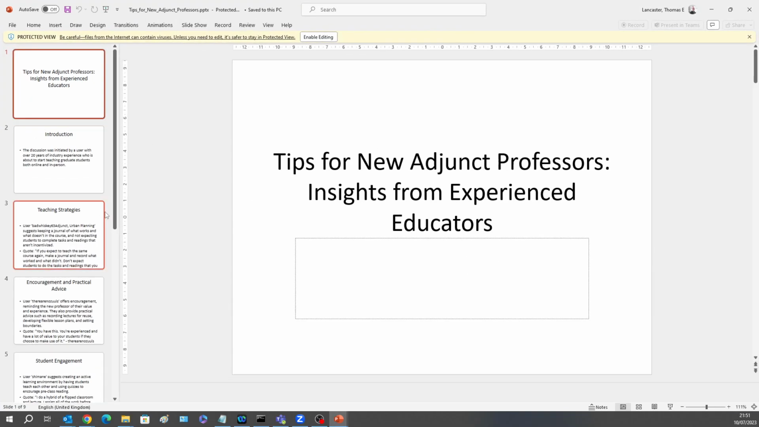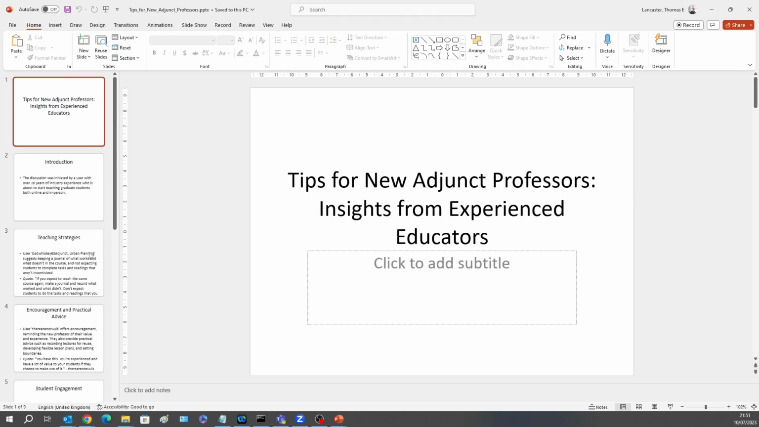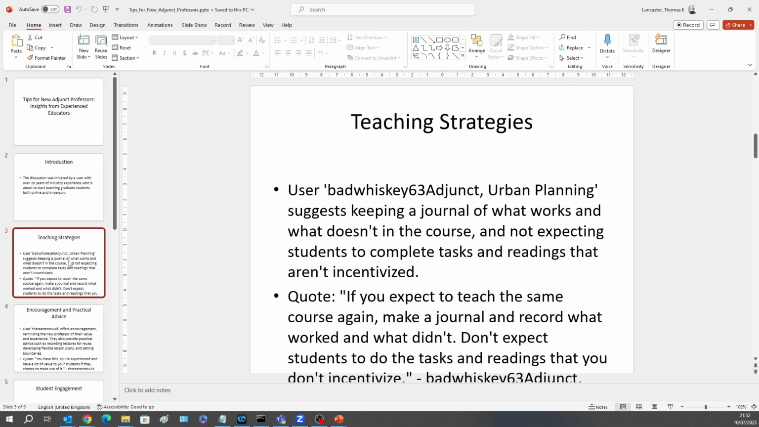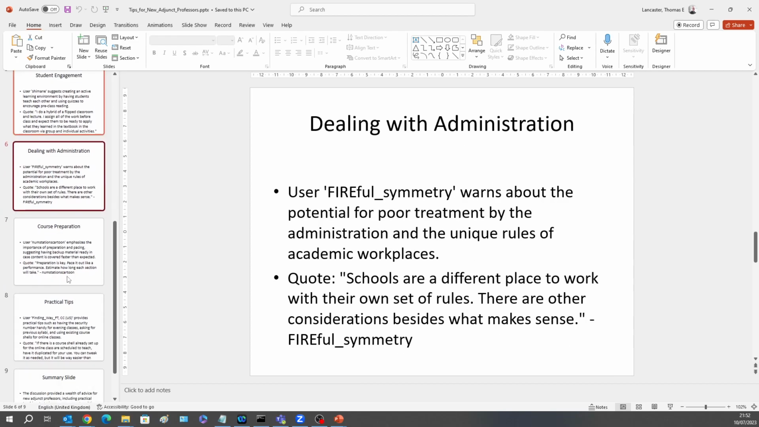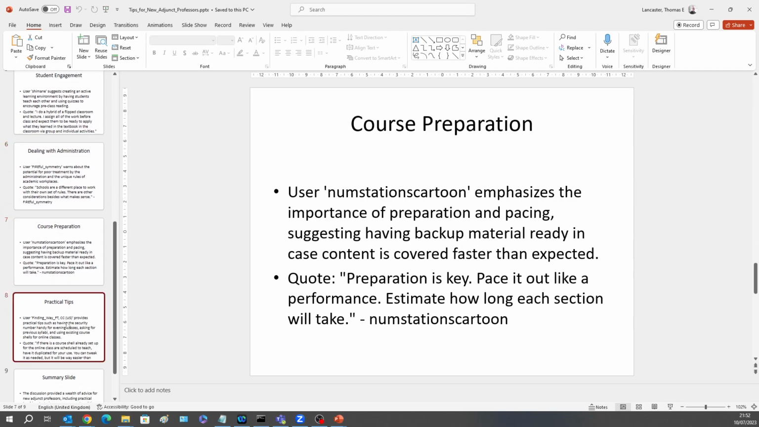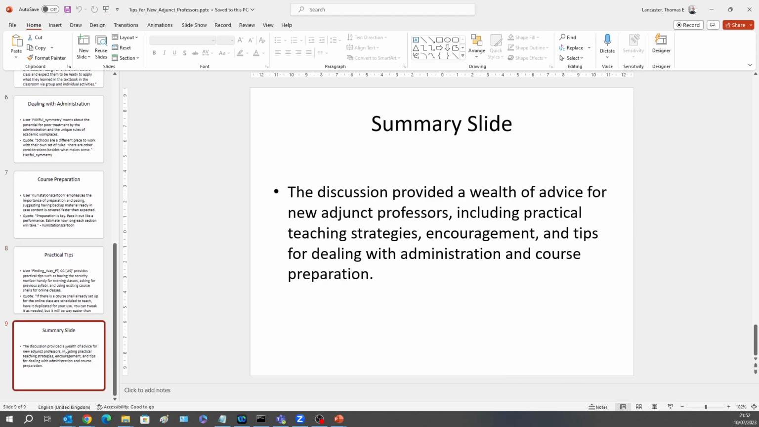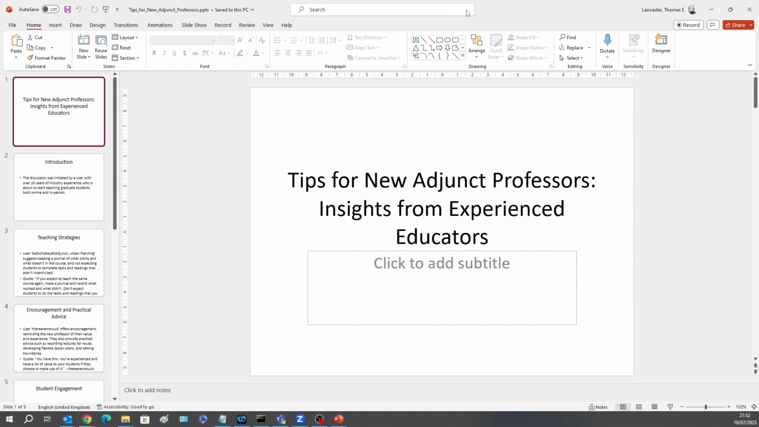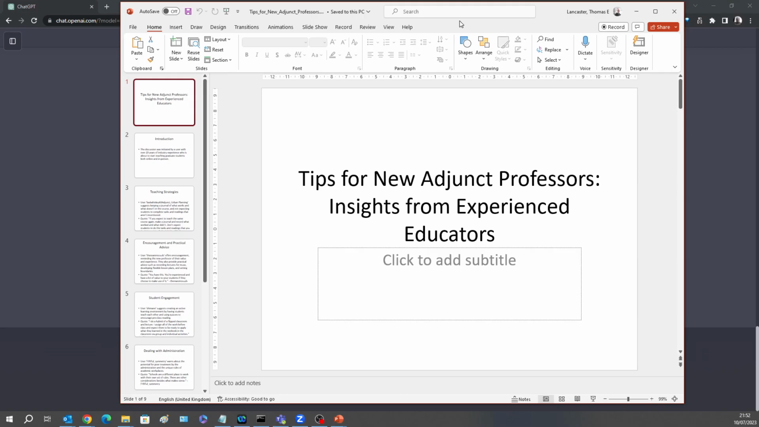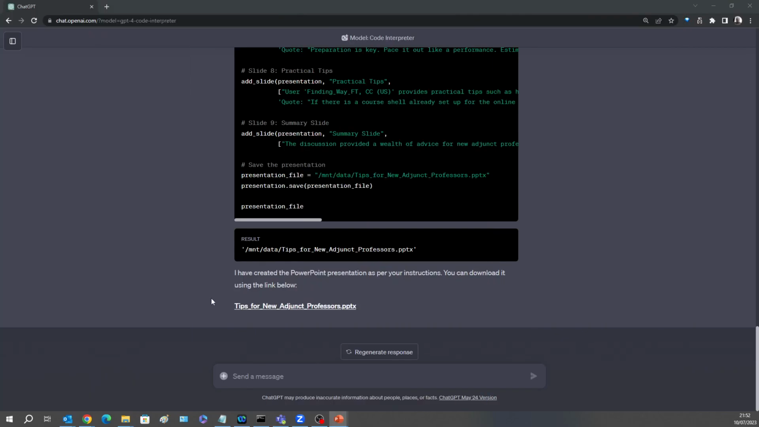So this looks like a set of slides here. The introduction, teaching strategies, encouragement. It's not managed to quite fit them exactly onto the slides because these ones have actually ended up quite wordy. But let's not worry too much about that for the time being. We're going to come back. We're now going to try and improve this. So we're going to go back to